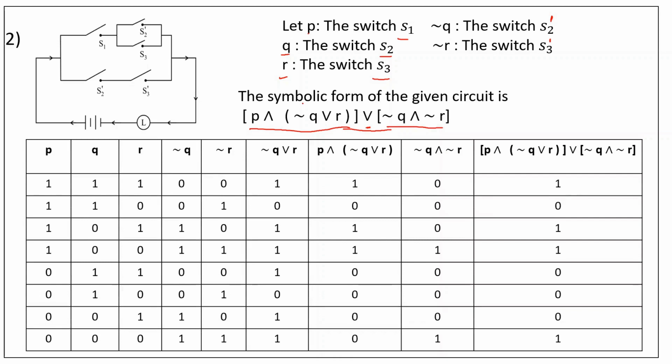Now this is very simple. If you practice this, then you will get the idea. So as there are 3 components, we take P, Q, R. Now we want negation Q, negation R. So we take this bracket, that is negation Q or R. Then we take the first bracket, that is P and negation Q or R. Now we solve this bracket, negation Q and negation R. Last will be the whole statement.